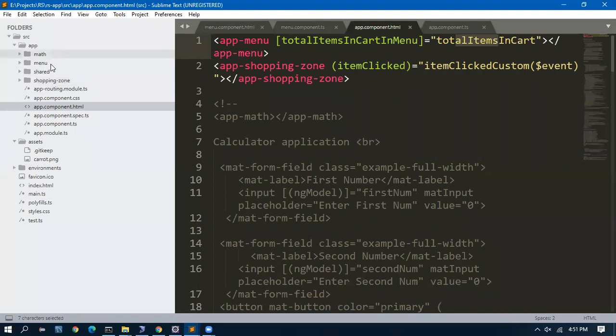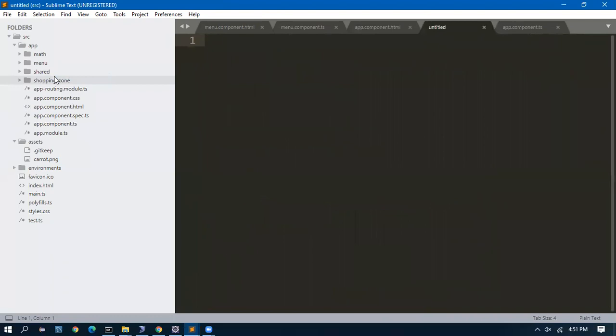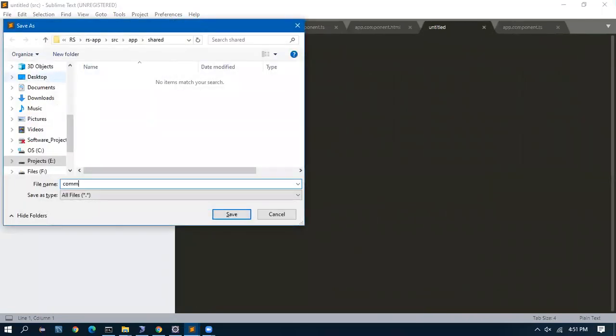Inside that shared folder, I will create one file as common.ts.